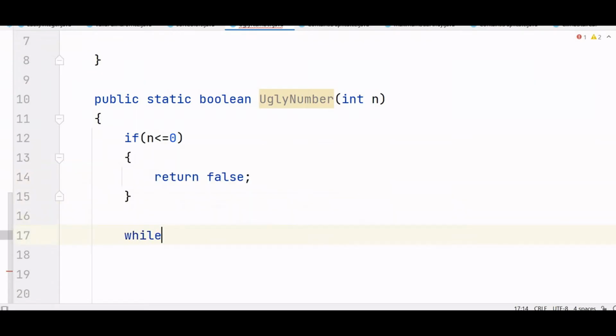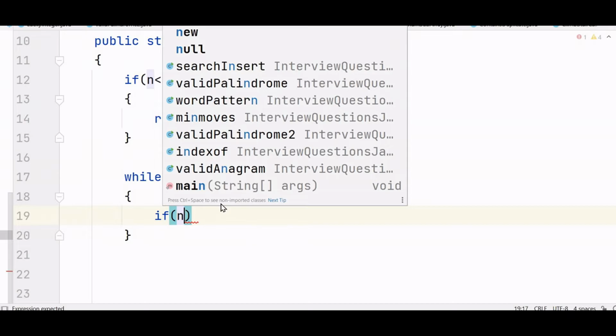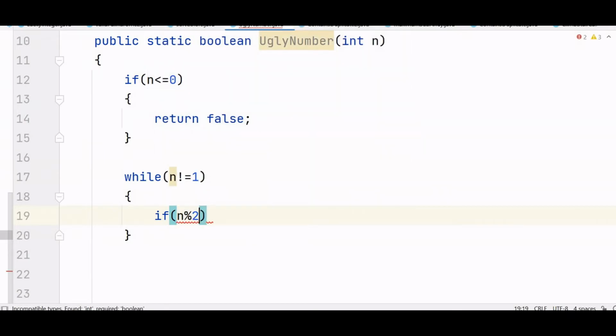And then we can write our loop: while n is not equal to 1, then only we need to check, correct? While n is not equal to 1, what are we going to check? If n is divisible by 2, then we have to divide that number by 2.